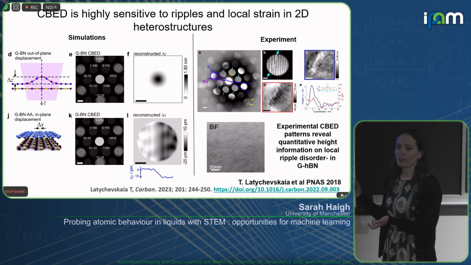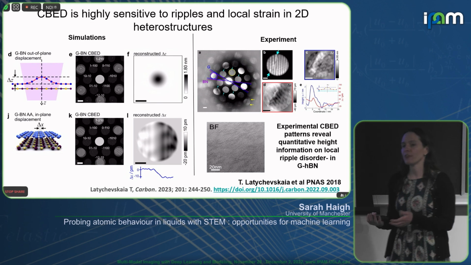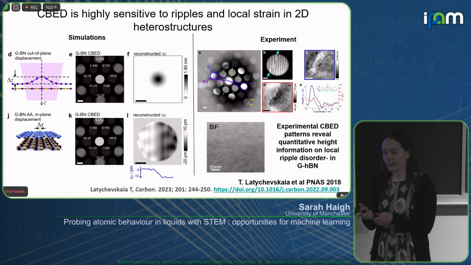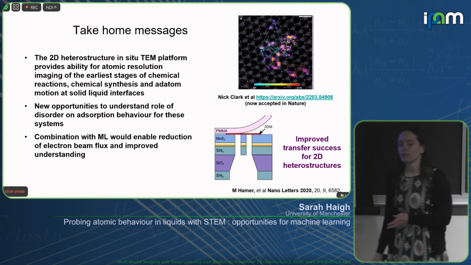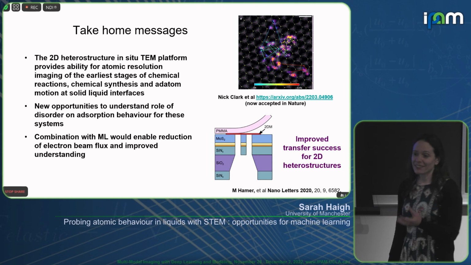Why do we want to do this rather than tomography? Well, convergent beam electron diffraction inherently requires far fewer electrons to get an interference pattern than it does to obtain the direct image. Okay, so in conclusion, I hope I've shown you that 2D heterostructure liquid cells are an exciting